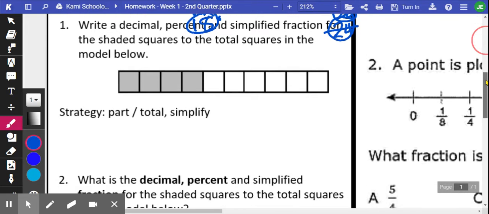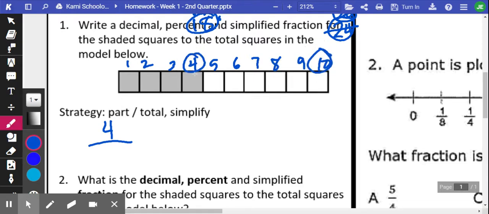So write a decimal, percent, and fraction for the shaded squares to total squares in the model below. So we count, we have 1, 2, 3, 4. So we have 4 shaded out of 5, 6, 7, 8, 9, 10. So we have 4 shaded out of 10. And if we write that as a decimal, that's going to be